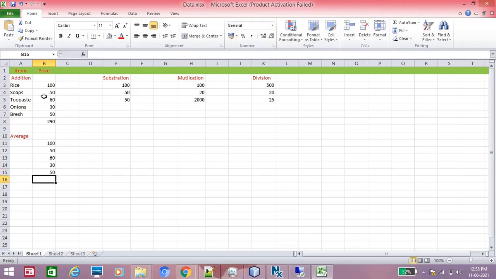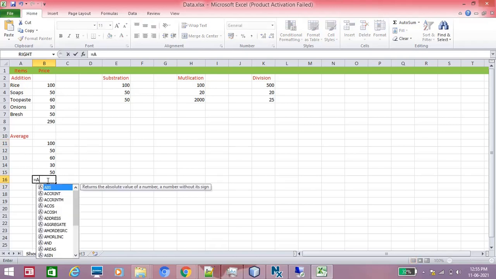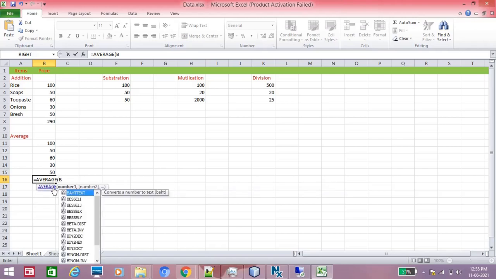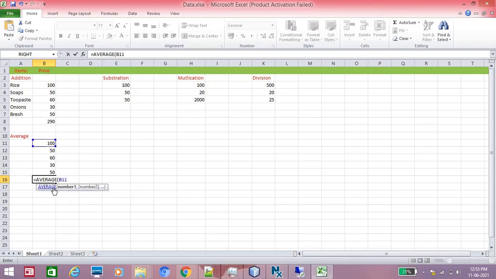Here we already selected them, so there we got the average value. Now we are using the formula, equal to, we have the AVERAGE formula, open bracket. So this is the B field, B11. Otherwise we cannot enter all the fields, so just select and we can give all the fields.